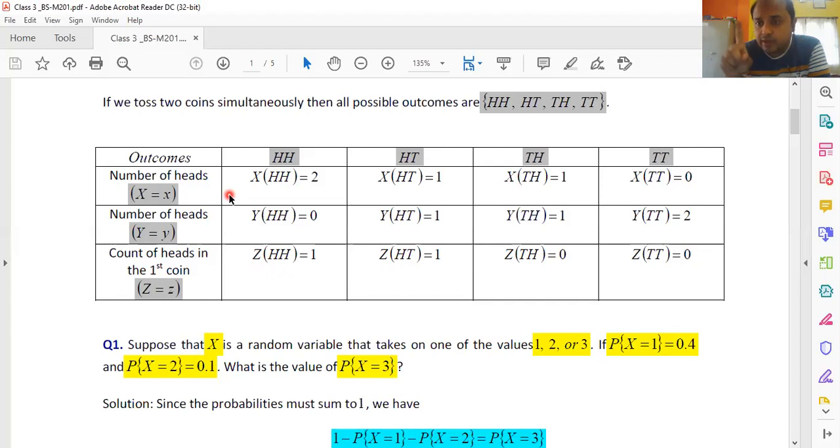If I consider 1/4, 1/4, 1/4, 1/4, four times, it gives you 1. If I consider half and half for these two, it will give you 1. If I consider 1 over here and 0 for the rest, it is giving you 1. So in all the cases we are getting the total probability as 1.